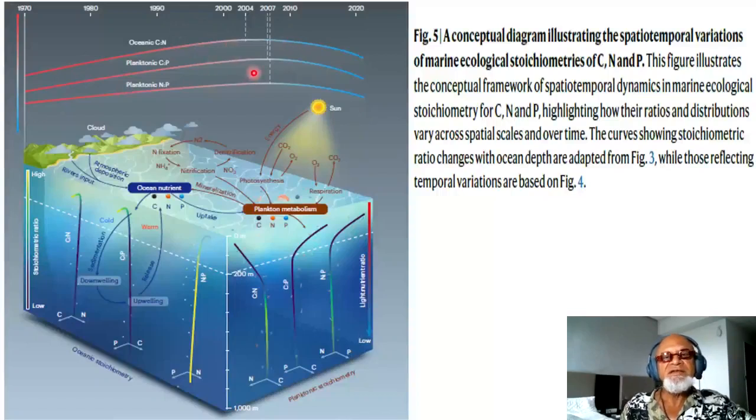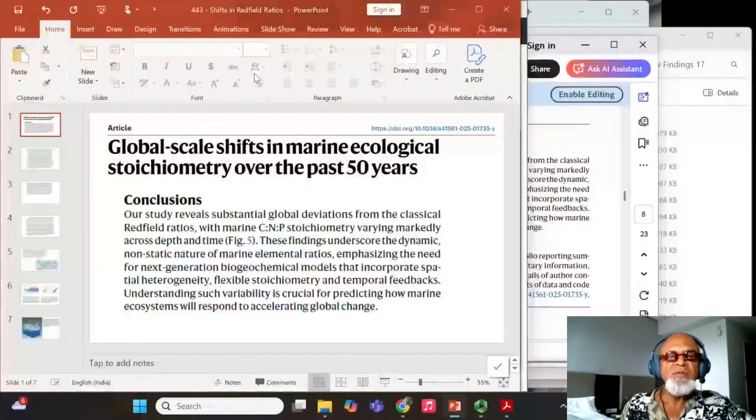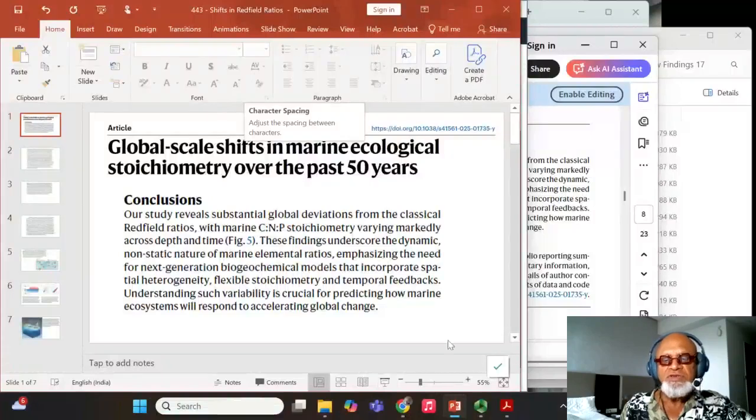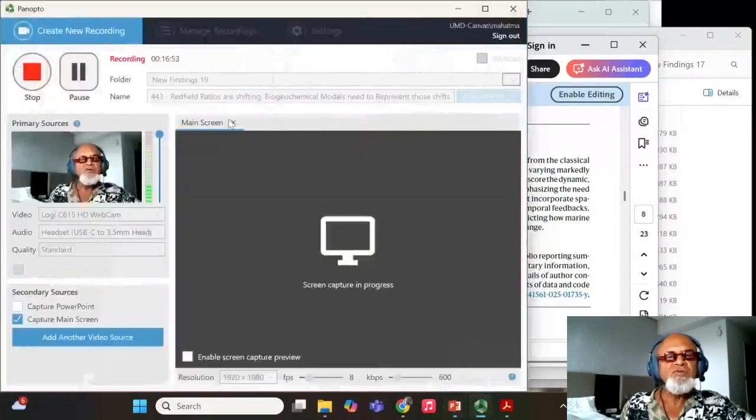And as we said, this is just a data analysis pointing to the changes. It doesn't necessarily give you the answers as to exactly how it happened from surface to depth and from place to place. Nonetheless, they have some suggestions on what the drivers could be. Okay, the main point is that things are changing, and the global biogeochemical models which use these ratios from historical observations have to worry about how to represent their non-stationarity or their changing characteristics in the model.